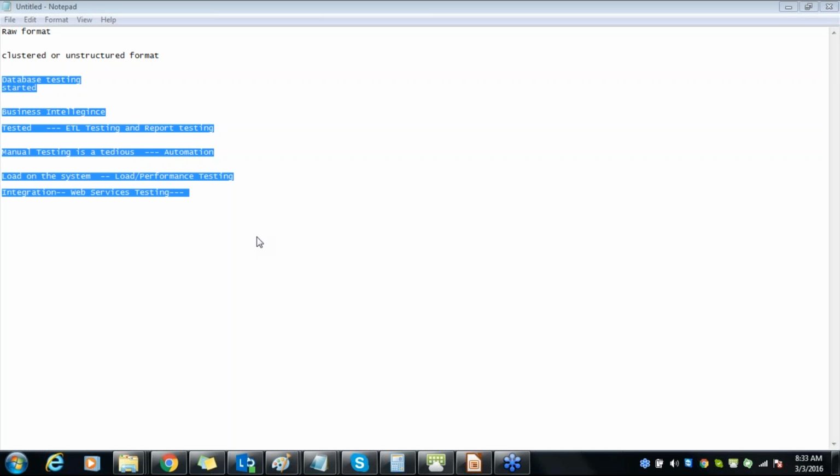So if we are doing the testing on the front end web pages, that is called black box testing. And if you are doing the testing on the logic that is written using the Java or .NET code, that is called white box testing. So API level testing is both white box testing and black box testing. If we test the code that is written, that is called white box. So if we are interested, then we can do the white box testing. But generally, from a manual testing perspective, we do the functionality or the front end testing itself.